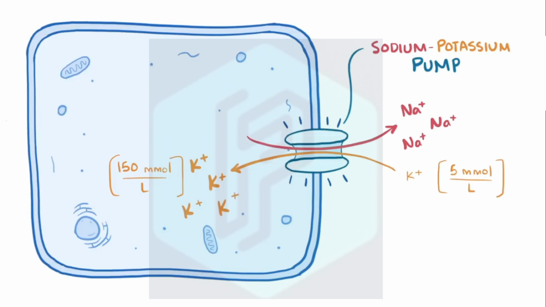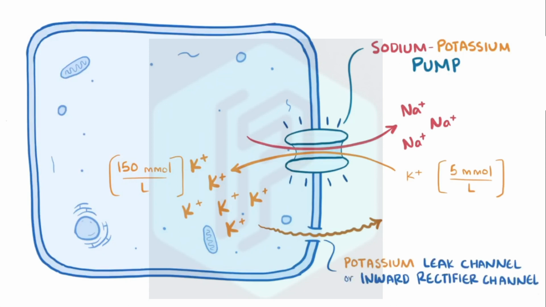With so much potassium within the cell relative to outside the cell, there'll be a fairly strong concentration gradient moving potassium ions out of the cell. Although these ions can't simply diffuse through the phospholipid bilayer membrane, it turns out that potassium can get across the membrane using potassium leak channels and inward rectifier channels that are scattered throughout the membrane. So using those channels, the concentration gradient pushes potassium out of the cell, and that potassium brings with it some positive charge and leaves behind some unpaired anions, which carry negative charge because they aren't able to go through the